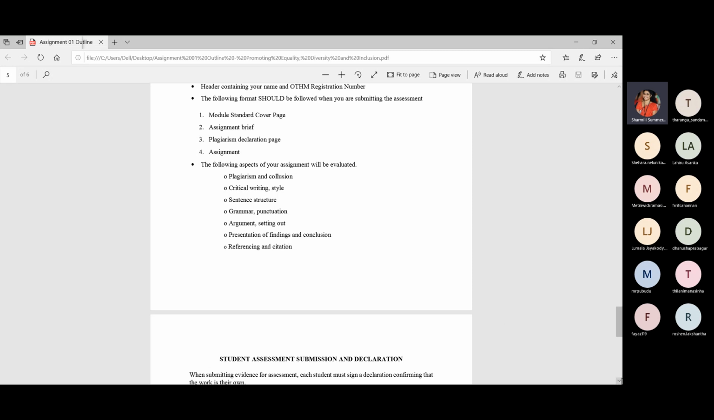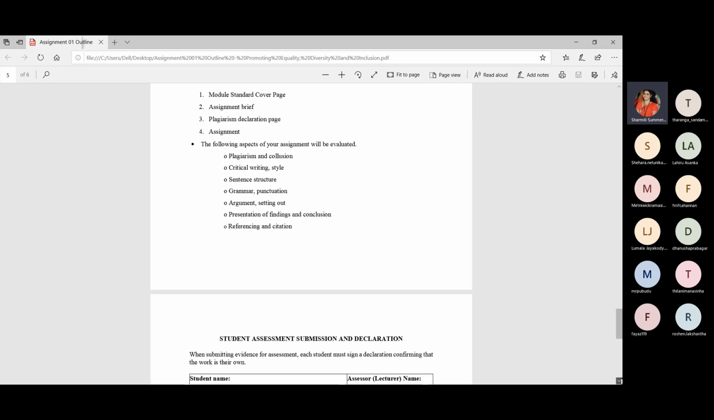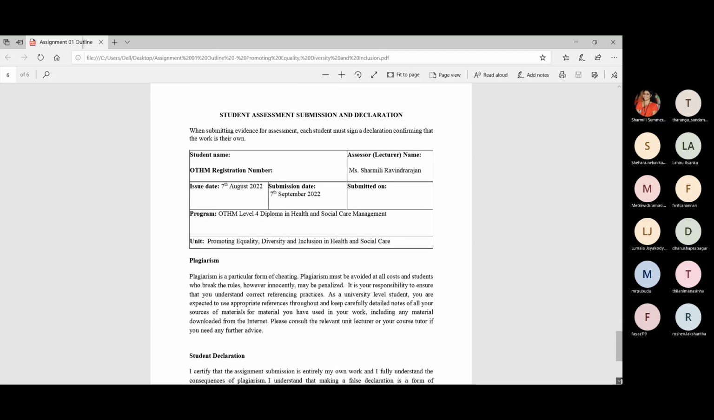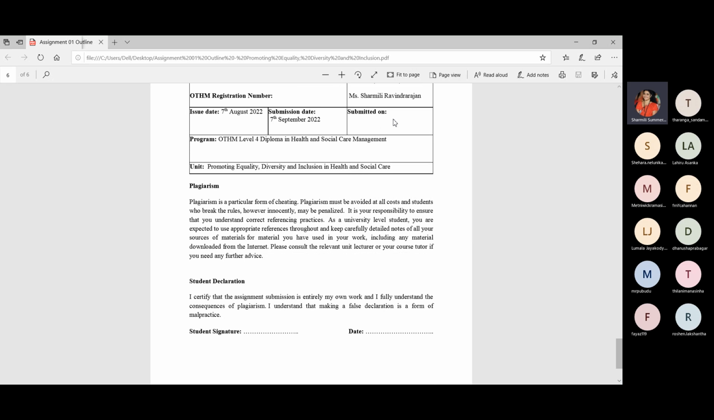And here, the student assessment, submission and declaration. Here also you need to put your signature and the date, stating that you are not using any plagiarism, and you are fully accepting and taking the responsibility for all the assignment that you have made. So this is